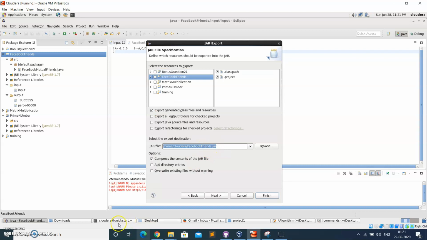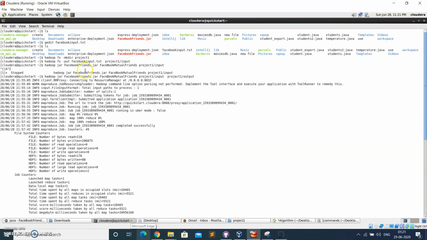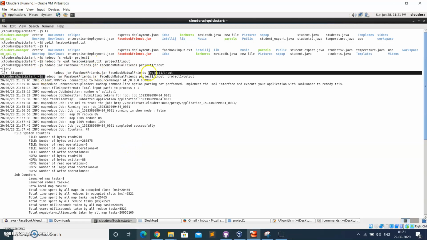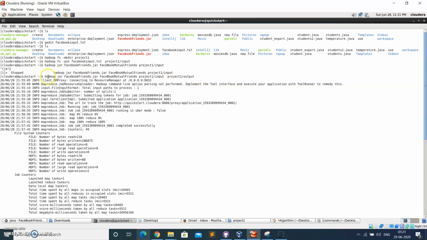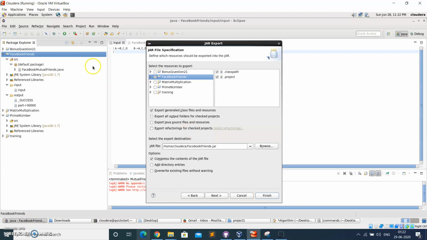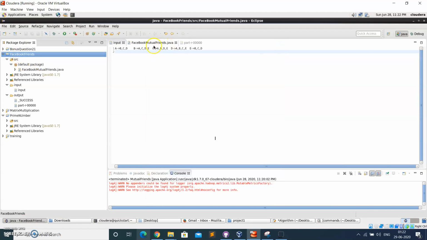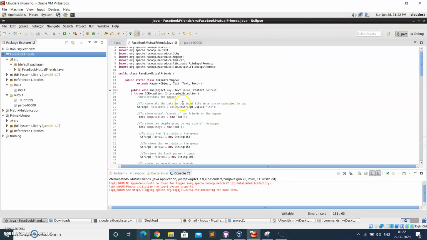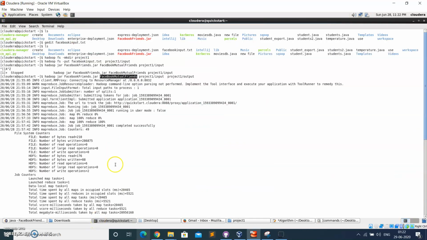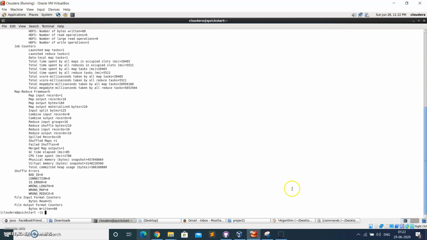So I am done executing this command to execute the jar file. This command explains something like this is Hadoop and this is the type jar and the name of the jar is this one, and the name of the class is Facebook mutual friends. The name of the file as well as the name of the class is here. Then this is the path of the input and this is the path of the output. After executing, this is a success, and in the Hue browser we can see this output.